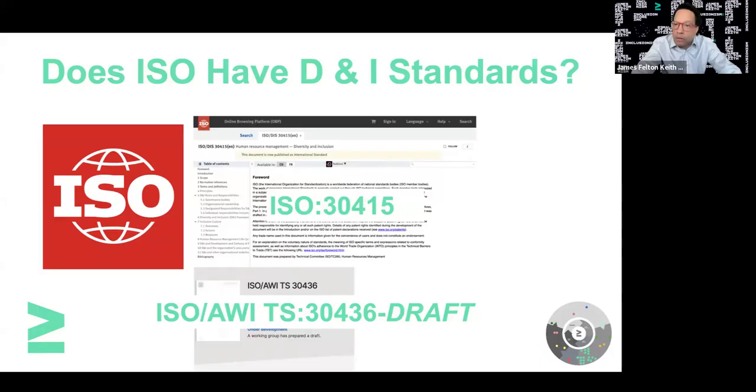The Brits got involved, the French got involved, the Germans got involved, the South Africans, the Indians, the Brazilians, and 163 countries have ratified ISO 30415 as a framework, a methodology to deliver diversity and inclusion as a business practice, or a business process rather, to organizations of all types. So whether your organization is a government or a corporation or a large NGO, if you've got more than 100 people at your organization, you likely need to start considering how you deliver